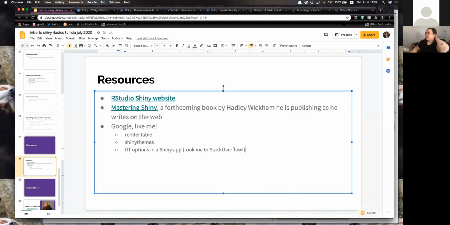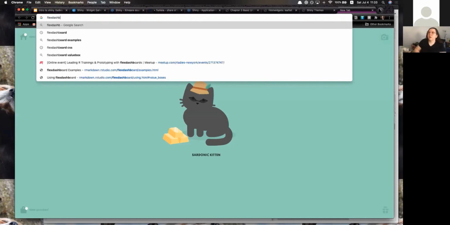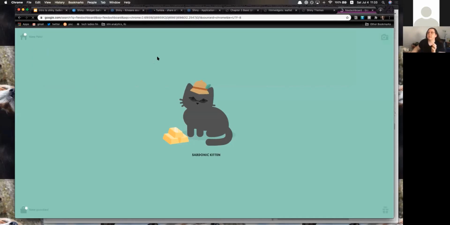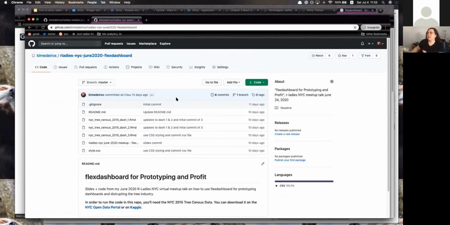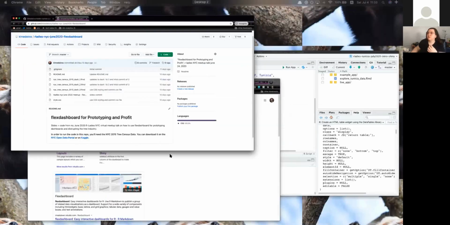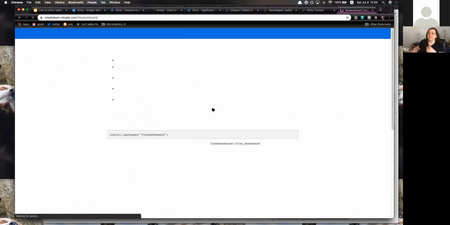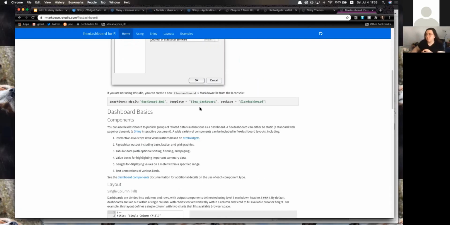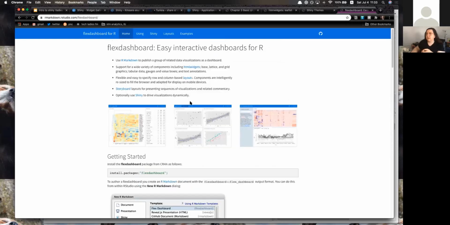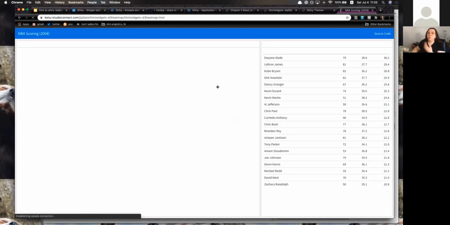And just because I brought it up a couple times, I actually just gave a talk on this. It's also on my GitHub. I gave it last week on how to use Flex dashboards, how to get those up and running. If you don't know what a Flex dashboard is, you can build a Shiny app using an R Markdown document. They're really cool. If you know how to use R Markdown, it's a really great way to just build an app quickly from